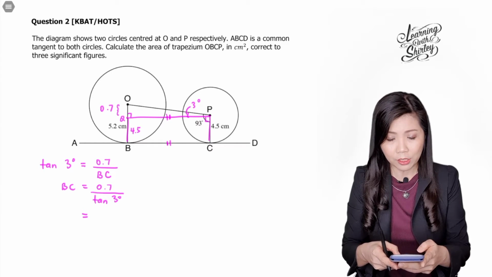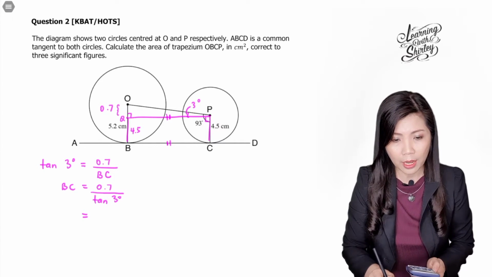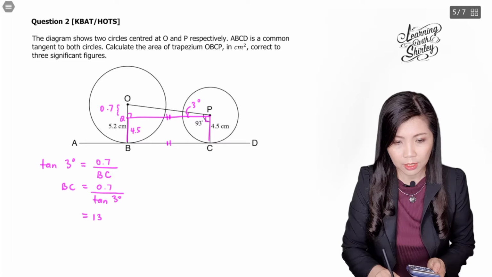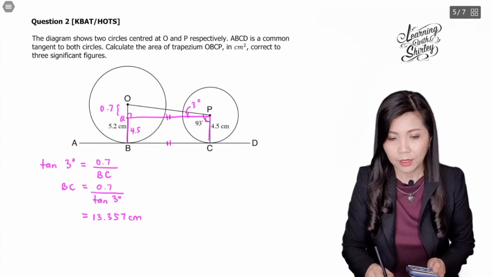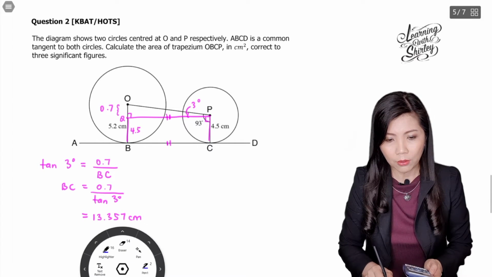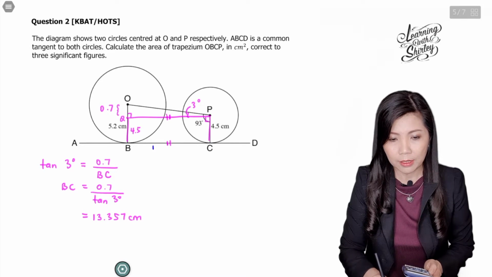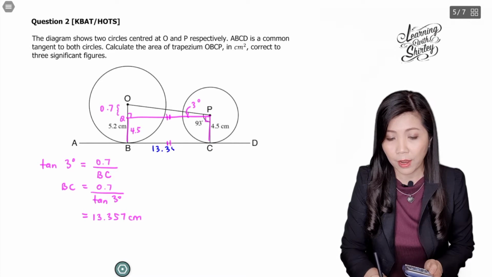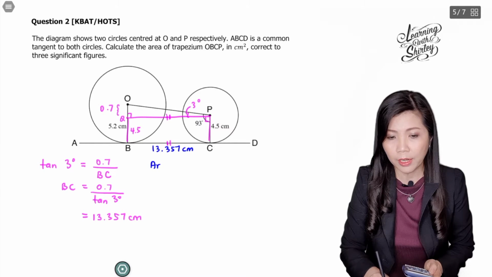0.7 divided by tangent 3 is equals to 13.357 cm. Okay, so now we can calculate the area of the trapezium. I'm going to label here 13.357 cm. Okay, so I have all the sides already. You can calculate the area of trapezium